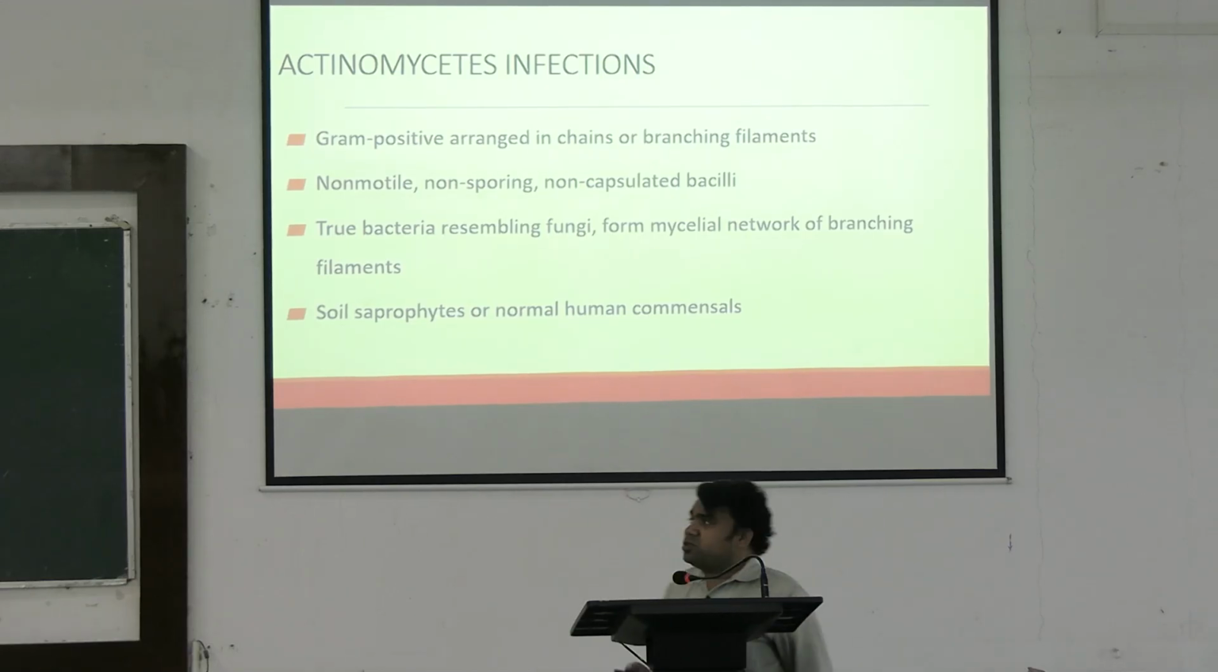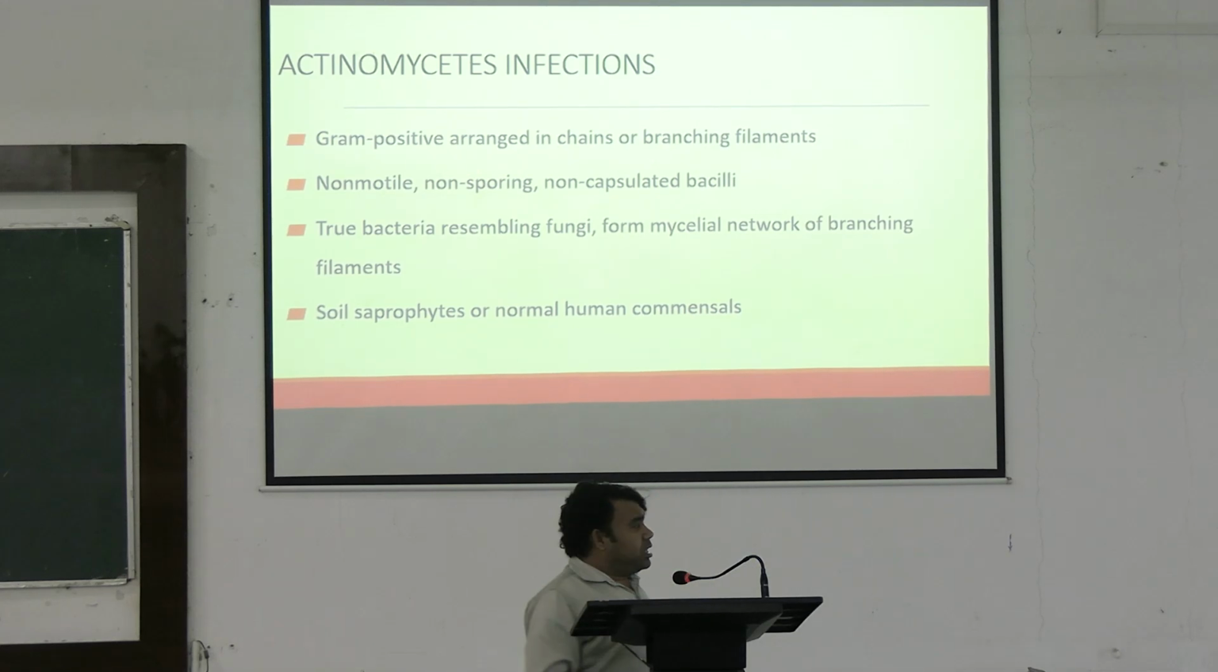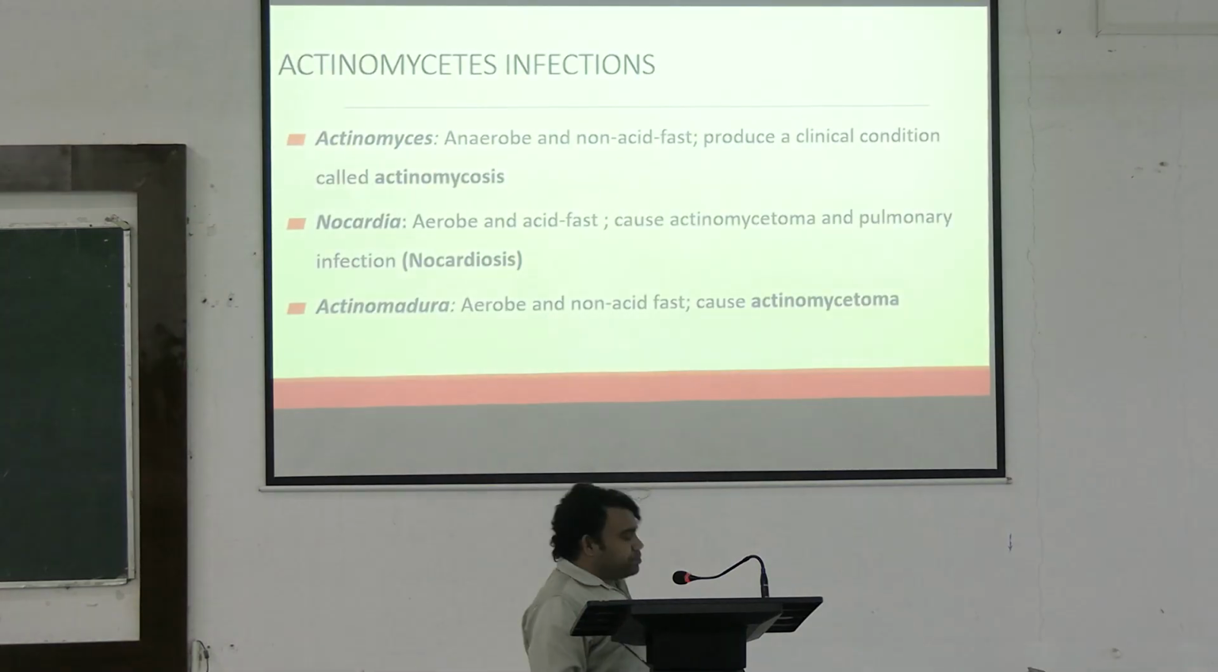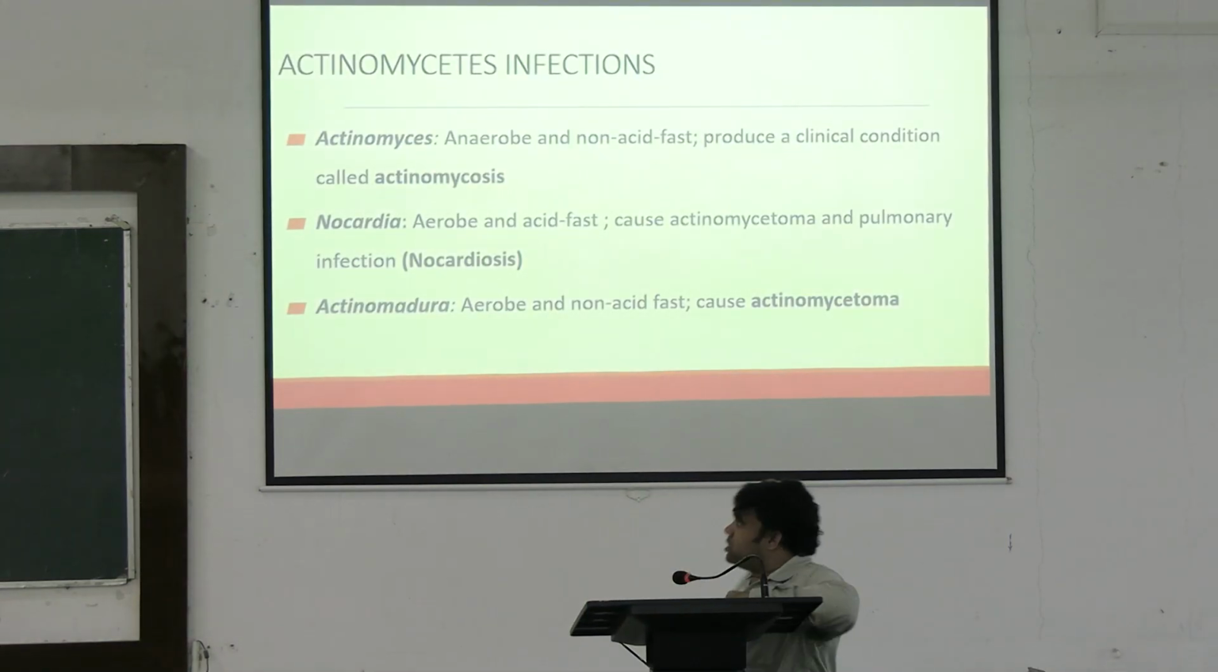What are these actinomycetes? These are gram-positive bacilli. They are arranged in chains and branching filaments to such an extent that they may even resemble the hyphae of a fungus. However, they are not fungi, they are bacilli. They are non-motile, non-sporing, and commonly found in soil, which means they are saprophytes in nature. Now, what kind of presentation can they cause? The first type is